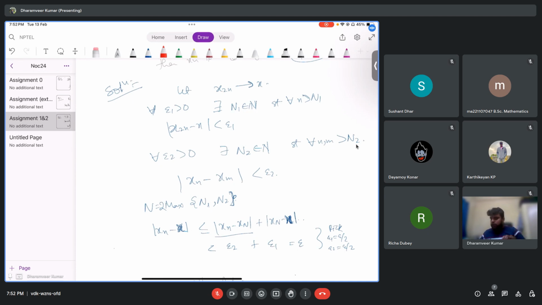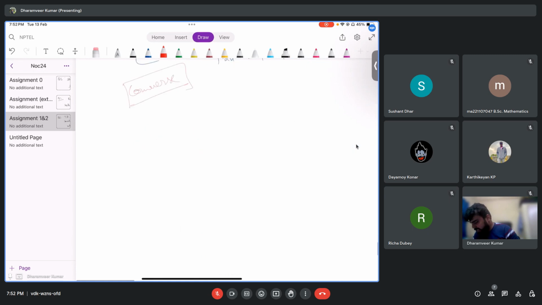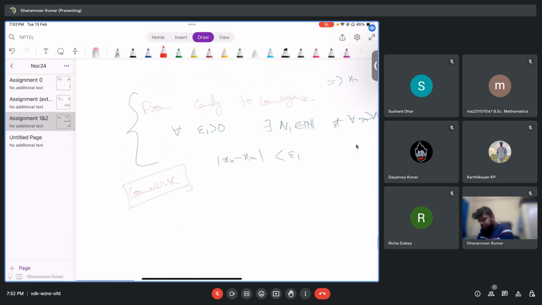Right now you don't have to do this. I saw it's later in your syllabus, but you can do this. Every convergent sequence is Cauchy. That is true everywhere, irrespective of real numbers, metric spaces, wherever you go. This we will do later. So now for every epsilon 1 greater than 0,